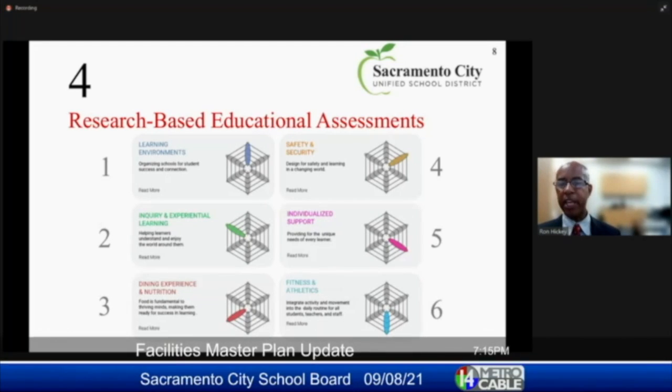Then we go into the education assessment. Facilities, high performing facilities. The education assessment assesses what it means to be a high performing school academically. What is the learning environment? Dining experience, nutrition. Is it sufficient? Safety and security. The safety and security in the educational assessment falls back into